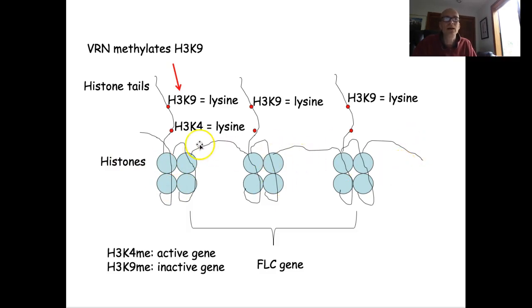which are modified. So you have histone modification of histones around which genes are wrapped, and the genes that are wrapped around these histones that are modified are then affected in their transcriptional activity by the status of these amino acids. So I wrote down here an H3K4 that's methylated is usually an active gene, and then H3K9 that's methylated usually is associated with an inactive gene. So if the FLC gene is wrapped around histones that have this methylation state, then they're active, and this methylation state, then they're inactive. Well, that is true for the most part, but there are exceptions,